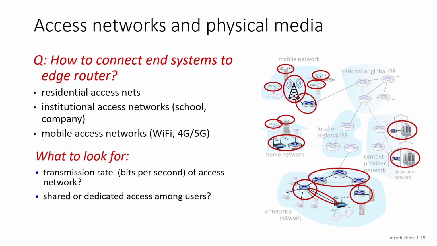The mobile access network, that's what we all have, right? You can connect to Wi-Fi through your phone, but you can also connect to 4G, 5G, Edge, any of those technologies with your phone, right? And you will have internet. Okay, so those are the different parts of the network you need to understand.